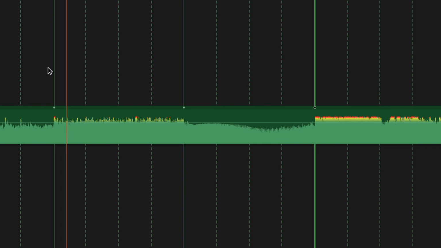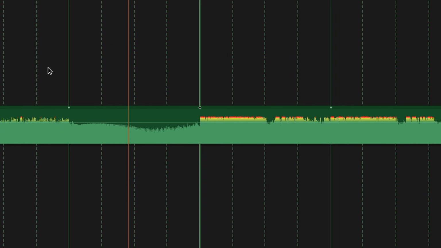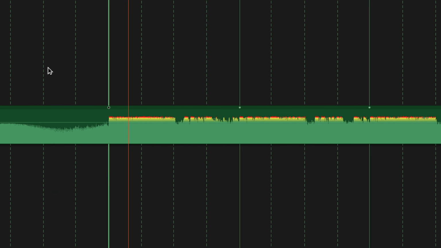Now, for the majority of this timeline, I'm going to keep the volume of my video clips turned all the way down, or at least really low. I want the music to drive this edit, not the clip audio, most of the time. But in my example, right after the intro, there's a break in the song, and then it fades back in. That's a perfect place to use a soundbite from one of the clips,